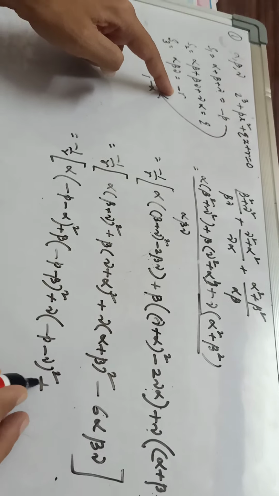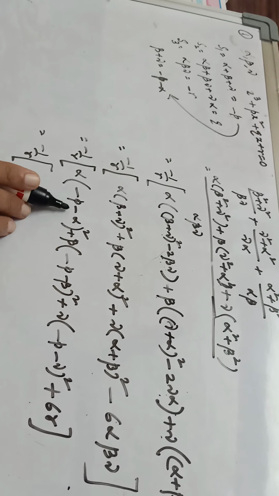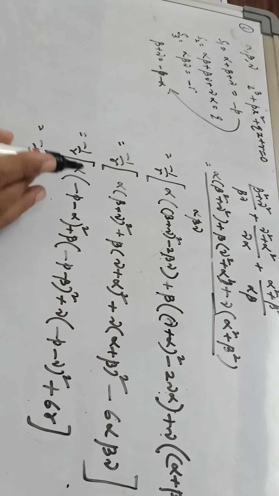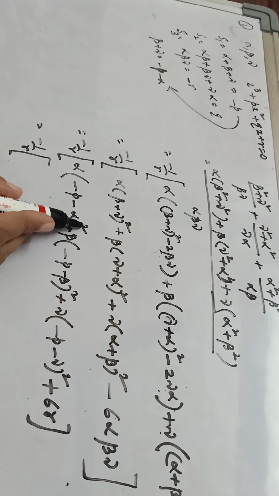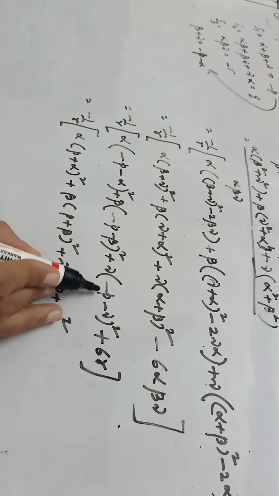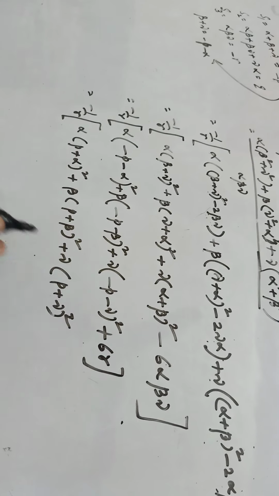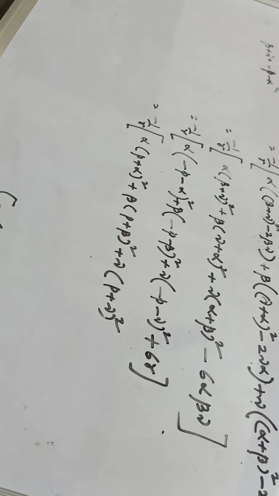Is it okay? Now this is minus 1 by r into, we can take minus common here. When you take minus common, p plus alpha will remain here, and when minus is taken common, the sign is squared, it will become plus. So alpha into p plus alpha whole square, here also beta into p plus beta whole square plus gamma into p plus gamma whole square. Because here also I have taken minus sign common, minus of p plus gamma will remain. When this is squared, minus will become plus. Ultimately p plus gamma whole square will remain like this.